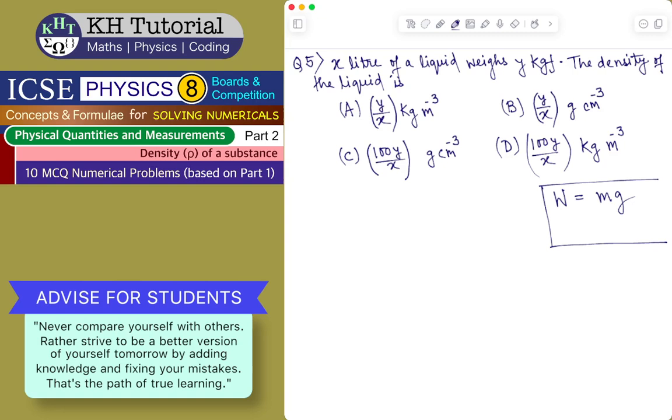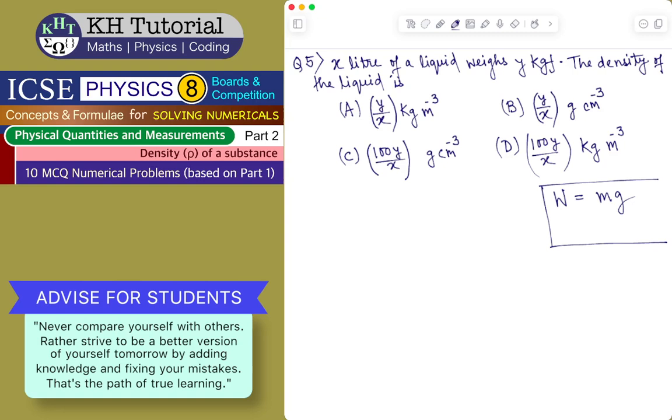9.8 is also approximately sometimes considered as 10. Anyway, so weight of a body is mass into g, small g, where g is the acceleration due to gravity, or the gravitational acceleration due to Earth's gravity. Okay. Now, what does